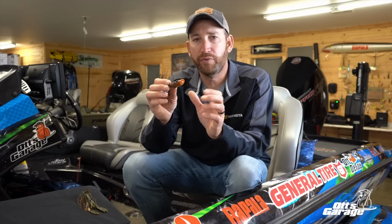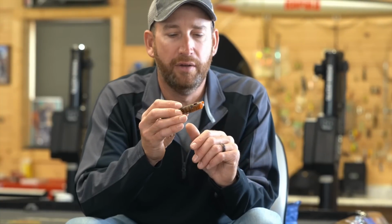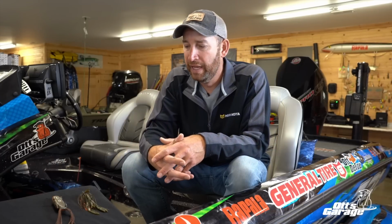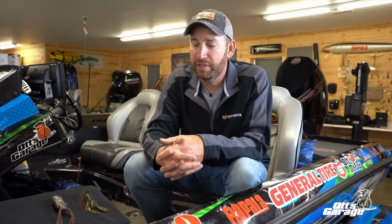The regular walking frog, it has its time and place, but it is a bigger bodied frog, and I just don't find myself using it quite as often as I do the Popping Frog or that Walking Junior. Both of those do really well. And the Walking Junior probably skips just a little bit better than the Popping Frog does, so if you're in